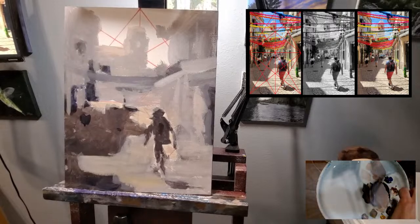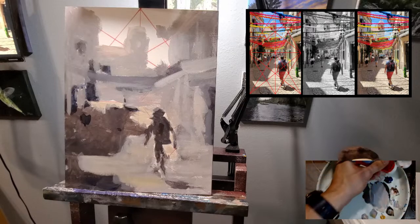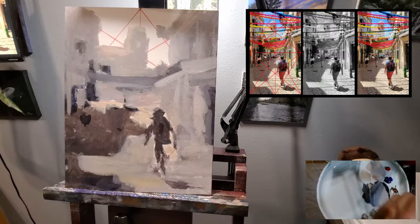All right, we have a rough background done. Let me see, what do I feel about this? It's all right. I think I have too much red in this brown, obviously. But it's okay for what it is. So let's start to put in some color. Again, just